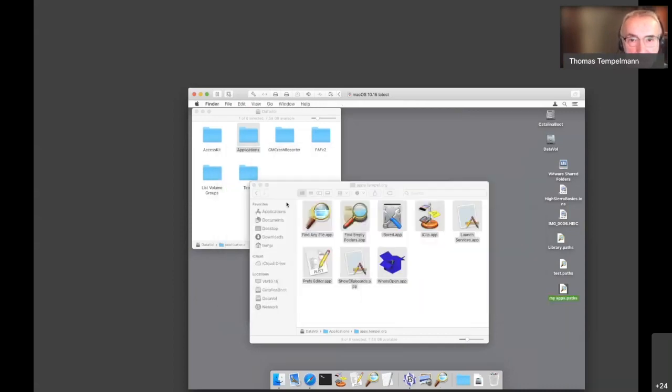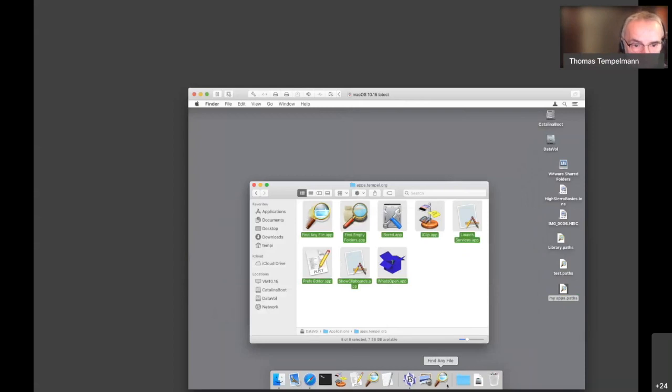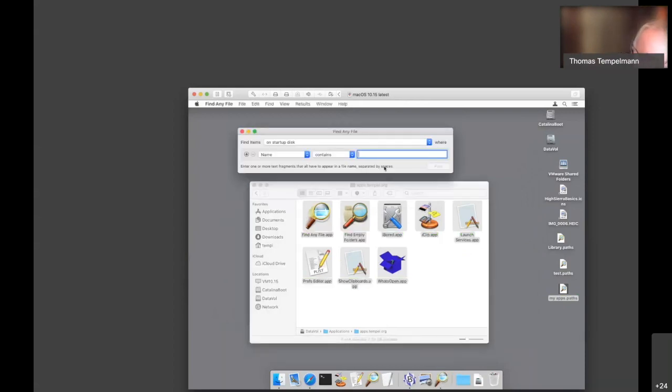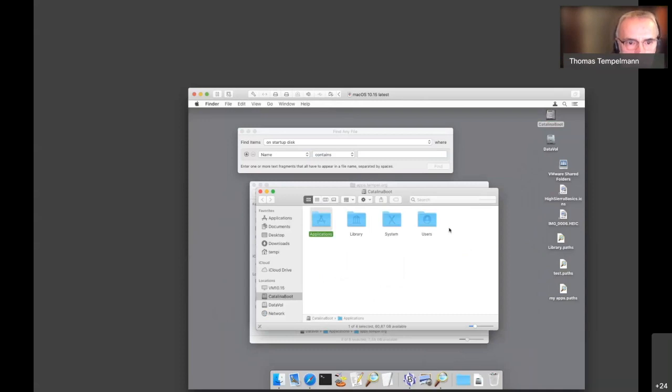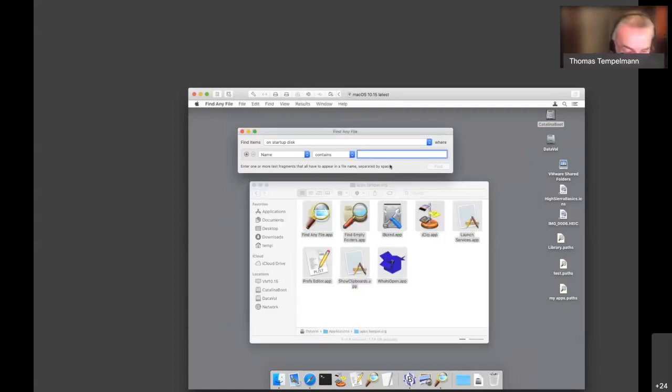Another nice feature is that Find Any File, that's why it's called Any File, can find something that is actually hidden. Let me see, do I have more than one user in my system? I believe no, I didn't set it up, but usually if you maintain the computer and there is more than one user created, for instance for your family and your children, usually you cannot go into their folders. But if you were searching for something that might be in their folder, you can say file name contains